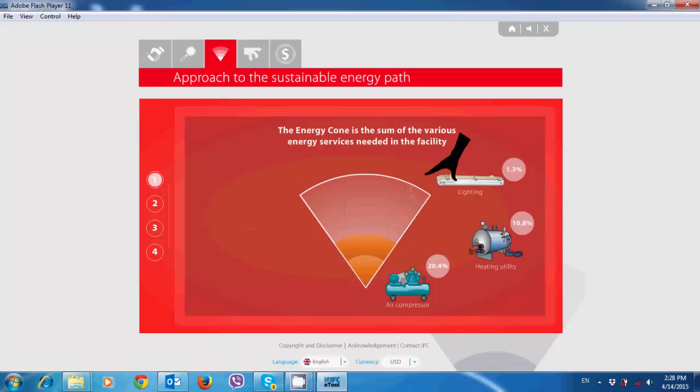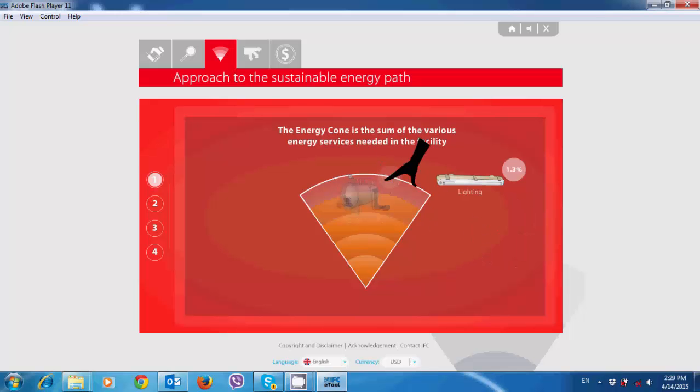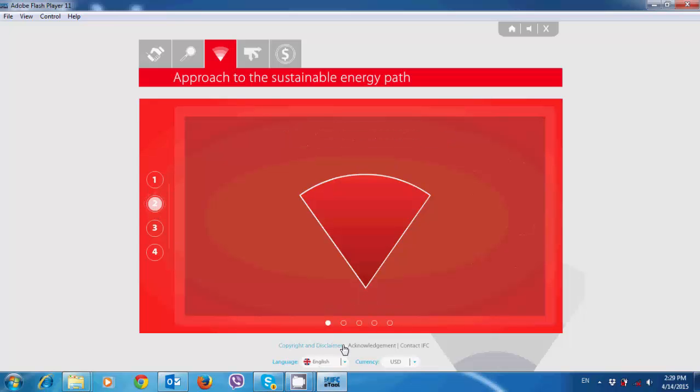Let us see how energy demands of process equipment, devices, and utilities add up in the example of an industrial facility. How can we become more energy efficient and less reliant on fossil fuels while meeting the building's energy services? There is a sustainable approach which involves a step-by-step process to lower the energy demand of the industry